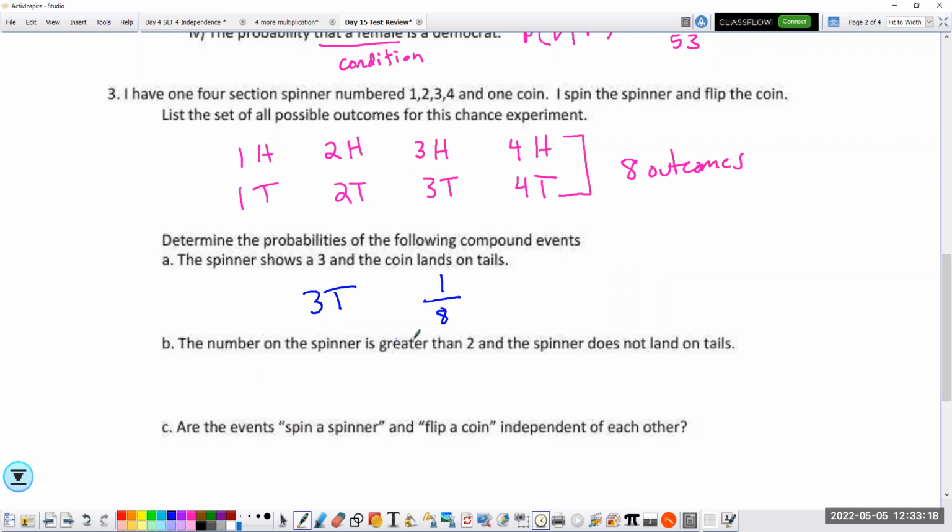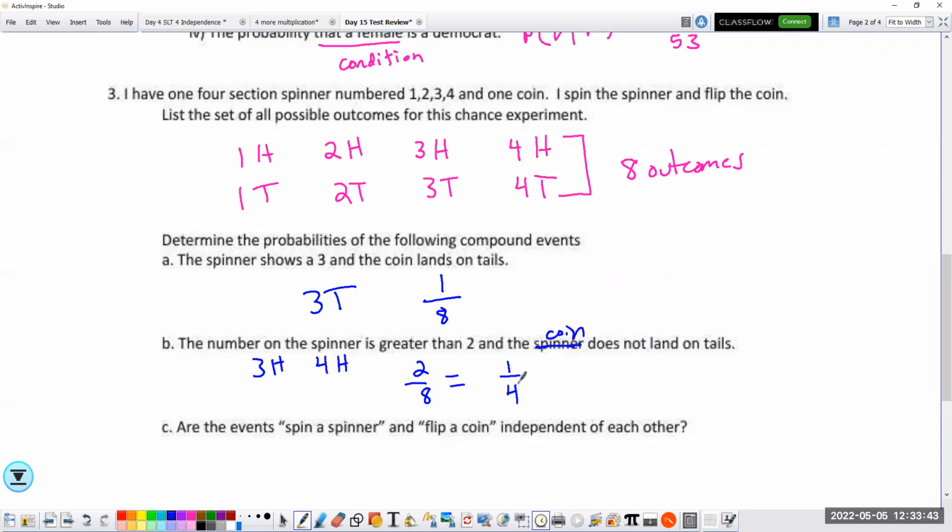The spinner is greater than 2, and I think this should say the coin. That would make no sense at all. The coin does not land on tails. So let's see. I'm looking for greater than 2, so 3 or 4, and not tails is going to be 3 heads, 4 heads, so 2 out of 8, and you are expected to reduce that fraction